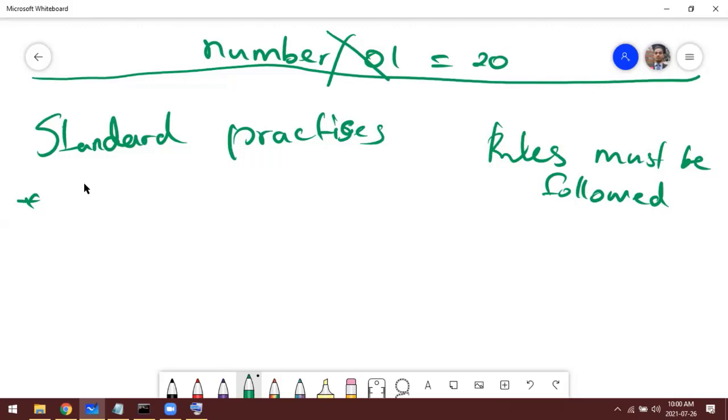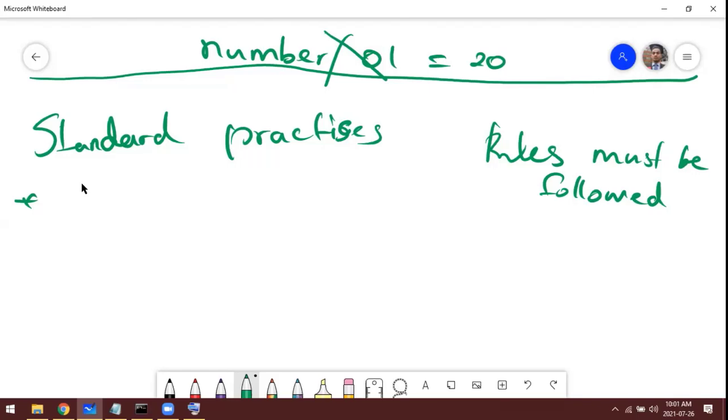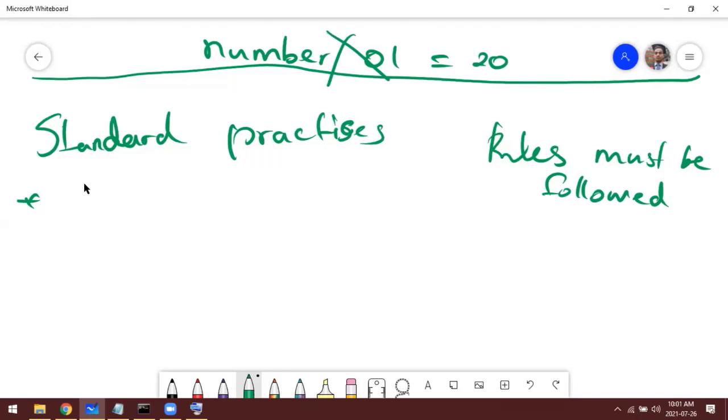It makes things easy, right? In a practical situation, in a project, we don't work alone, right? We work with many people in a team. So if we follow the standard practice, it will be easy for us to work as a team. Because let's say, for example, if I ask you to write number one, you may write in several ways.